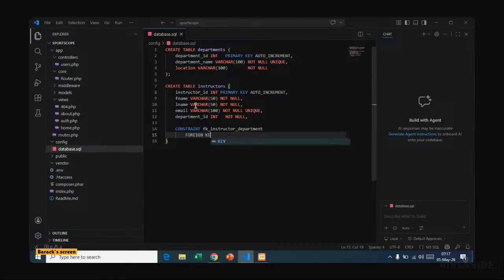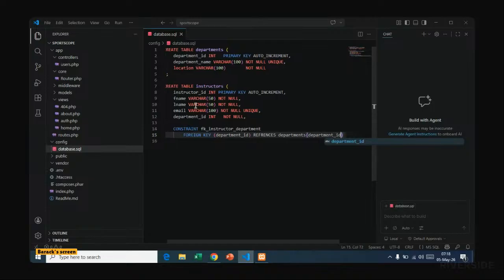So foreign key, that is called department ID references departments, and under departments there is department ID, such that